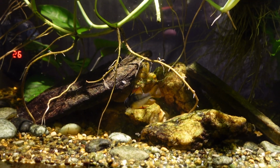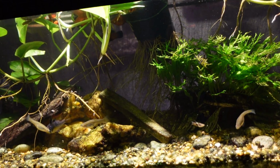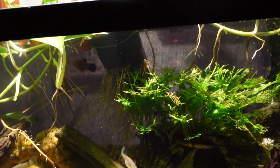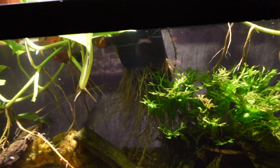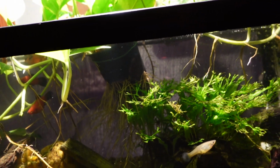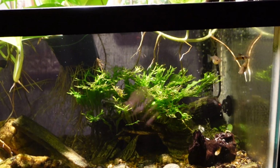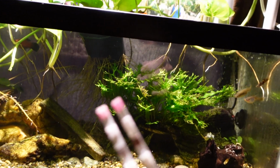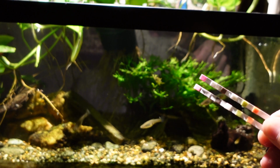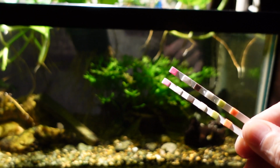So the other thing that I had talked about was the nitrate, and we're going to do a comparison test right now. So I just dipped in the bucket of old water. We're now going to take a dip of the new water, and we will give that a moment. I can already see the original water is turning very pink very quickly. Let's see, where are we? There we are. I don't know how well we're going to be able to see this. You can see the one on the top there is much darker pink already, and that was the original water